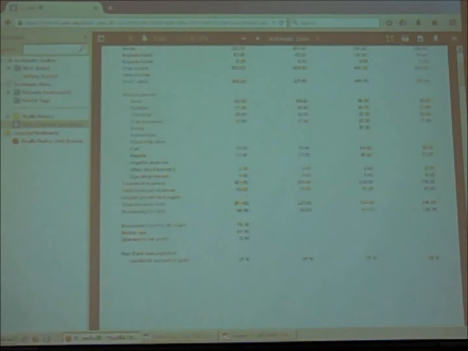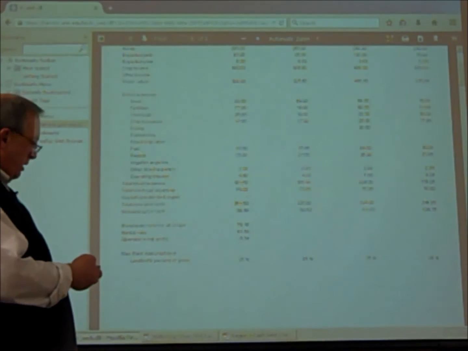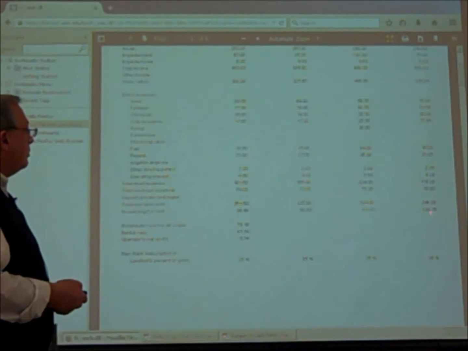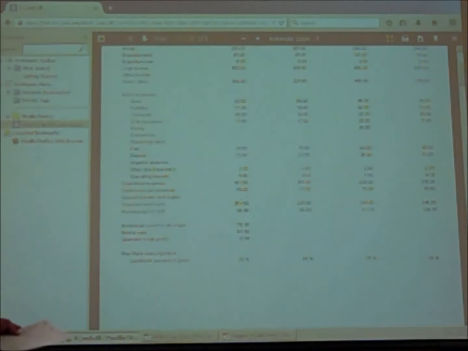By crop, how much is remaining for rent? First crop, $38. Then we go to soybeans, we've got $90 left. 61 on the corn and 126.75 on the barley. You've seen all those numbers before, because it's just like a hybrid of one of the earlier ones. The break-even rent is $79.18. The rental rate becomes